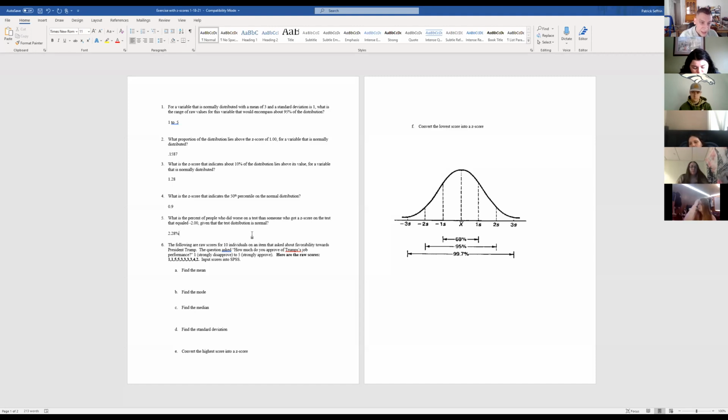Or you could think of this as the probability of someone doing worse than a 2.0, given repeated testing, is about a probability of 0.0228. Likewise, the probability of someone doing better than that would be about 0.0228. That's the other way that you can interpret these things. Think in terms of probability, about making predictions over repeated testing, what you're likely to find given a large sample